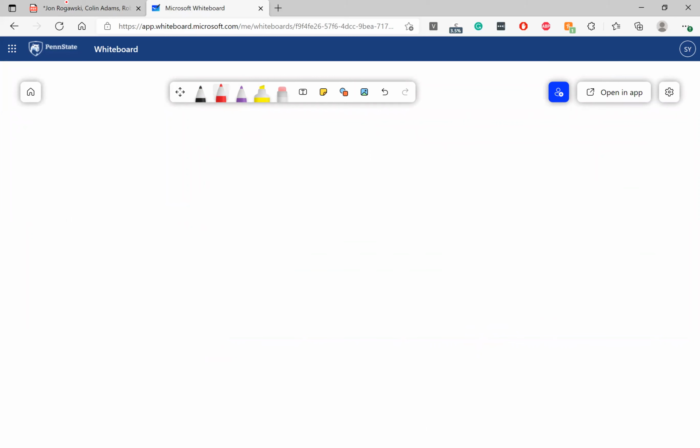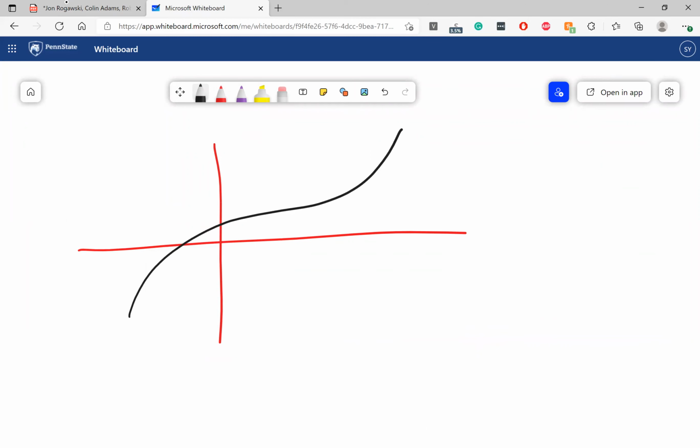So let's say you have some function. Here's your function, and someone asks you to calculate the tangent line at this point. Well, we should be able to do that, and we can find a line that's tangent to this point. Well, similarly,